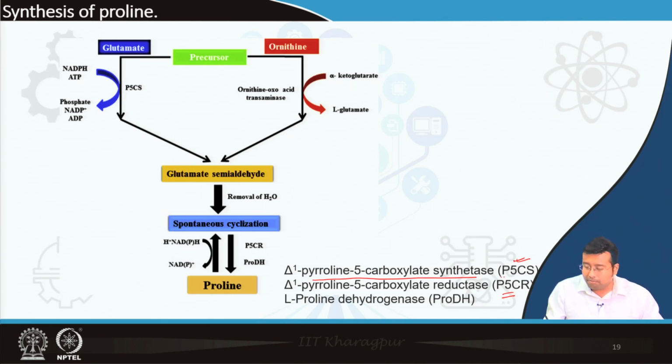Synthetase, reductase and dehydrogenase are all acting, but the only important thing for you to remember in this whole synthetic pathway is that the source of synthesis is glutamate and ornithine, the most important source being glutamate, and since ATP is used, this is a synthetase enzyme, right. A very important intermediate, glutamate semialdehyde, is formed,